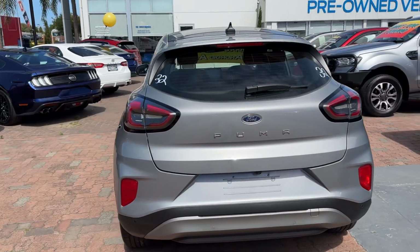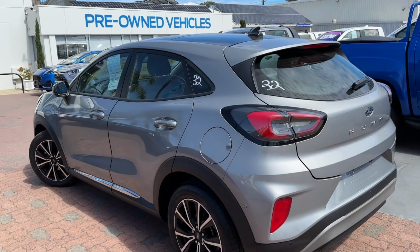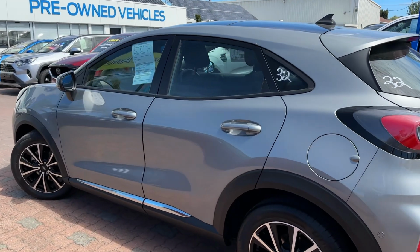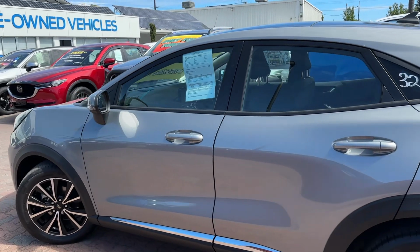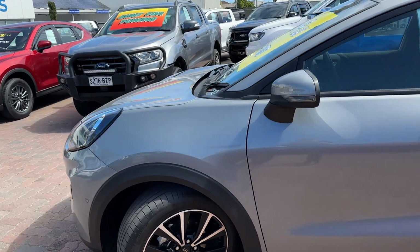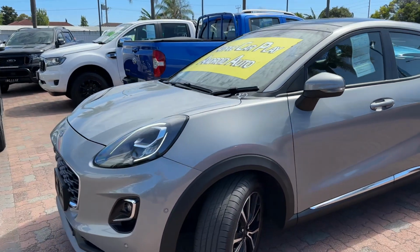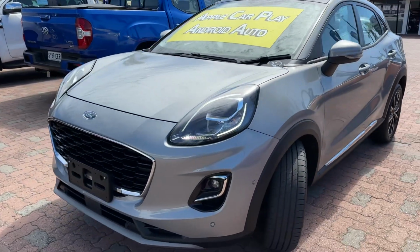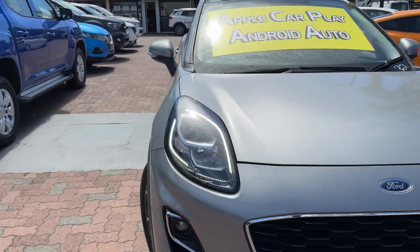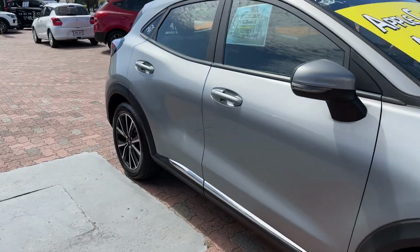As you see, this is a Ford genuine dealer car, so it's actually from Ford Motor Company Australia, and then it's sent out to the dealers to then on sell. So it's been driven by a Ford executive for around 24,000 kilometers, so really low Ks. You get the balance of all the factory warranties and everything that comes with purchasing a new Ford still, and it's in immaculate condition. It has a full service history, and of course it's been absolutely looked after by Ford Motor Company. So you can't ask for anything better than a car owned by the manufacturer, because you know they've done everything